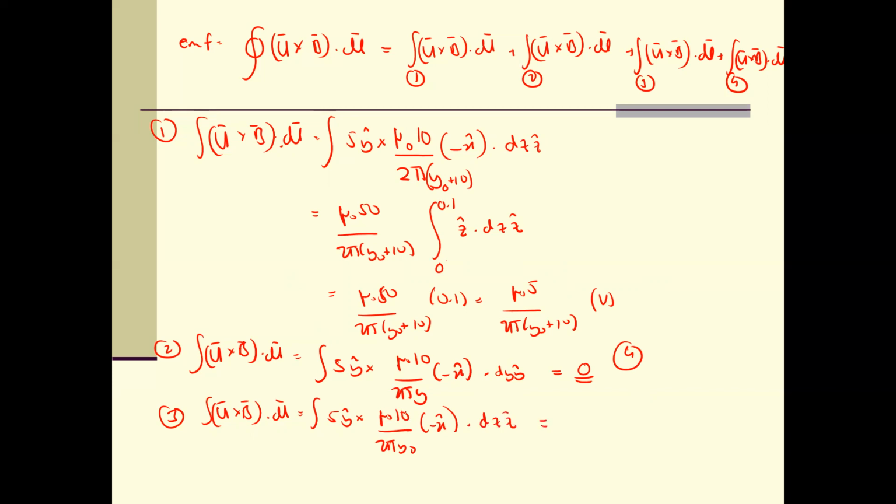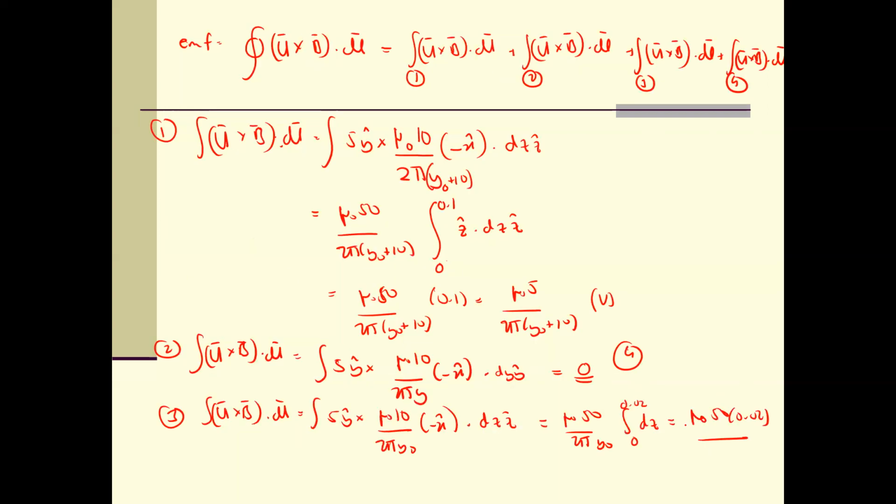So if we proceed with the calculation, we're going to have mu naught I0 over 2 pi y naught. Okay, and for this, we're going to have the integration of dz, which is from 0 to 0.02 again, yeah. So then we're going to have mu naught I0 times 0.02 divided by